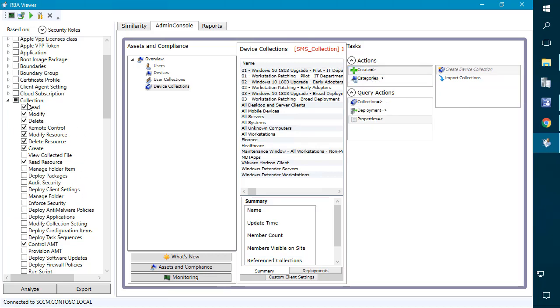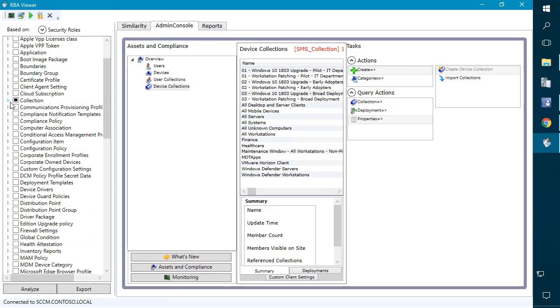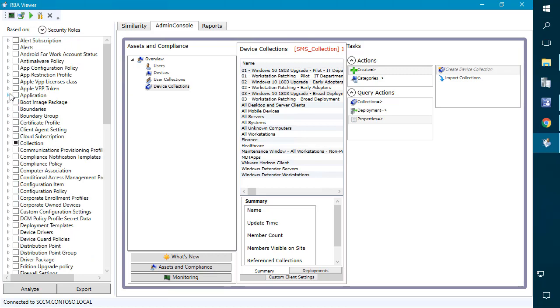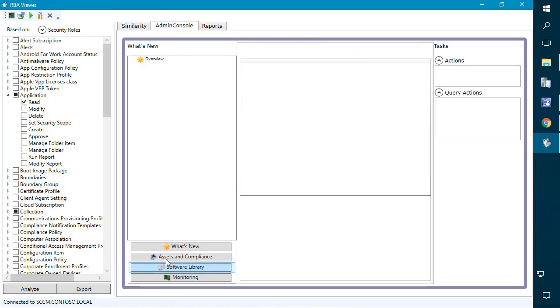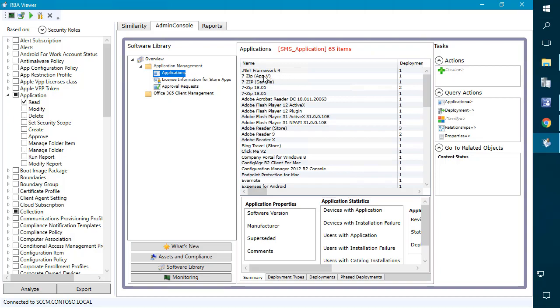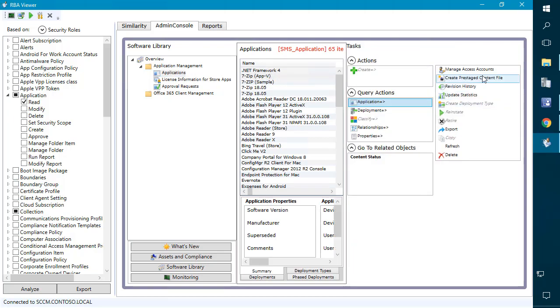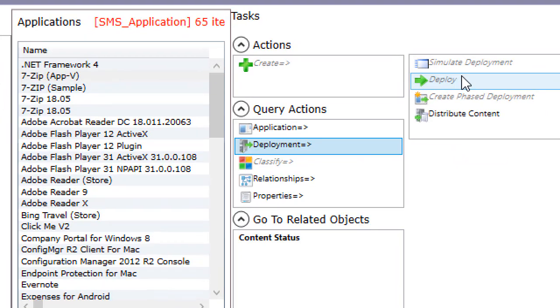All right, so that's looking pretty good. Let's come up to the applications, and let's say that we want to give them the ability to read applications. So we'll go ahead and click analyze, and we can now see the software library workspace is now showing up. If we look back at our applications, we can now see that we could read applications. We're not going to have any ability to do much as far as modification or deployment goes because we don't